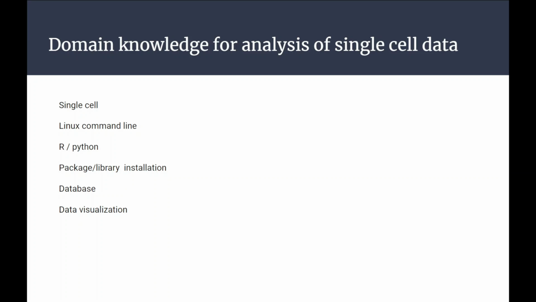Then the third domain you should know is one coding language, R or Python. Both coding languages are easy. If you are good in Python or R, you can switch between different coding languages. The difference is only the syntax. The rest of the concepts and logic are the same: how to define a variable, how to run a loop, how to load a package. Everything is very simple. If you are comfortable writing and applying the logic in one coding language, you can simply do it in another.